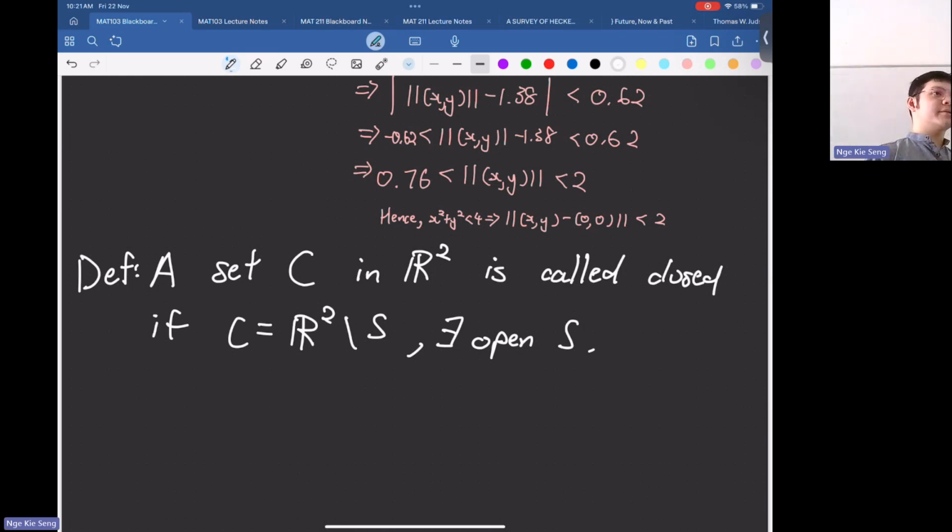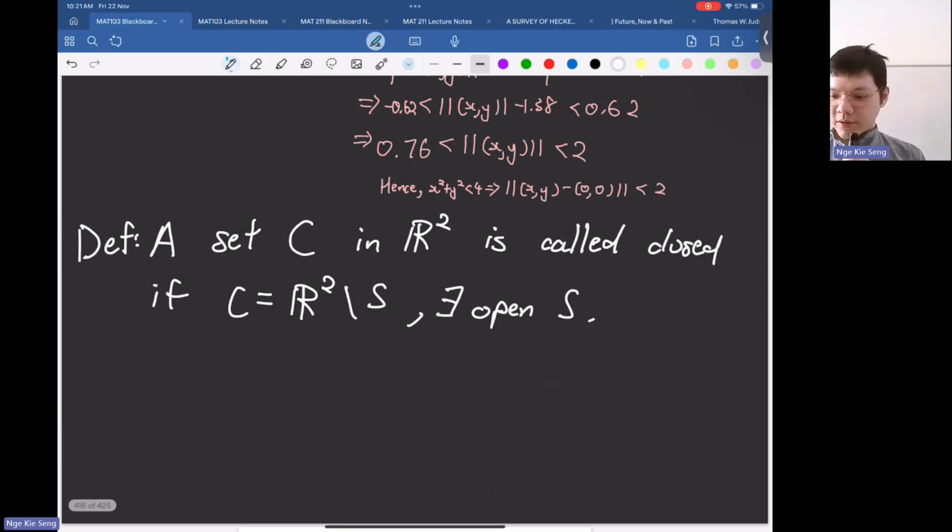什么是 complement 吗？就是不拿 S 里面的东西，拿 S 外面的东西，除了 S。OK 吧？OK。